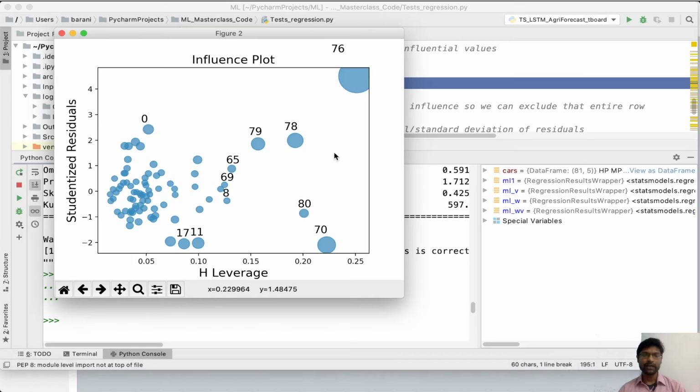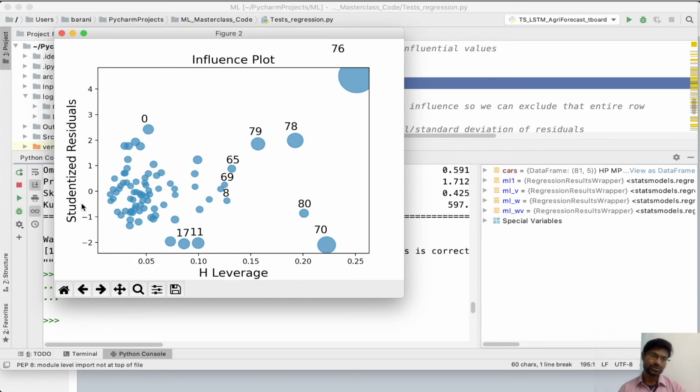Okay, the pair plot initially built was causing some problem. I had to close it forcefully. Now my influence plot has come up here. This influence plot shows which rows are affecting the errors.